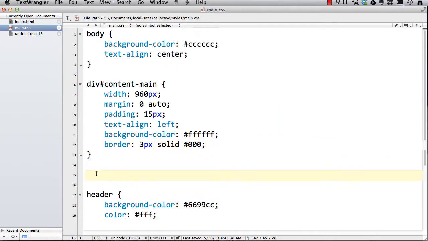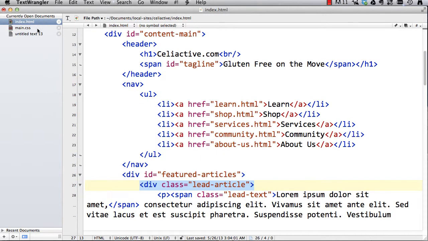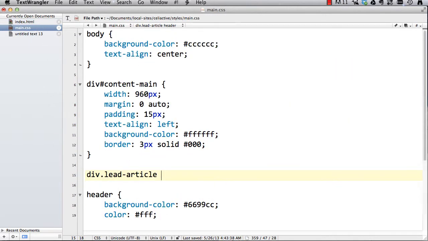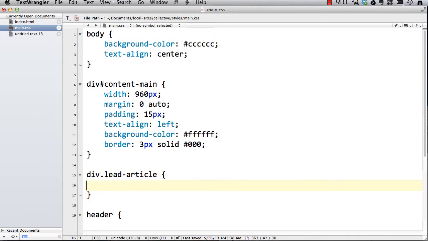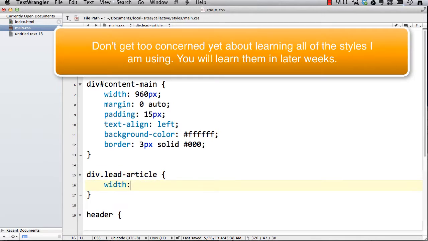We'll go, let's see, div. We'll target the class, so we'll use a dot for that. We'll go lead article. I believe that was what we called it. Let's check again. Okay. And let's say we're going to give this a width of 75%